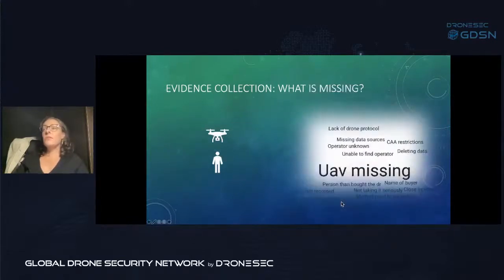And the thing is, we have to say what is missing. And we did ask them, what is always missing? What do you find is your gap? And the main thing is the UAV is missing, which basically means your operator and your drone. And as you can see, that links back to the previous slide, where they want to know where they are, because generally that is the key gap that they have. And this correlates very definitely with what we find as well with our system,